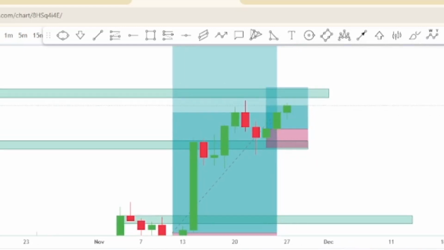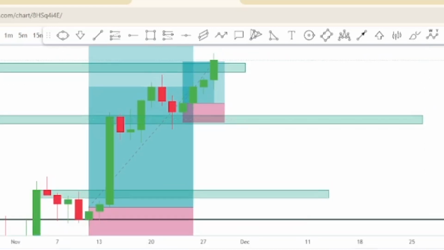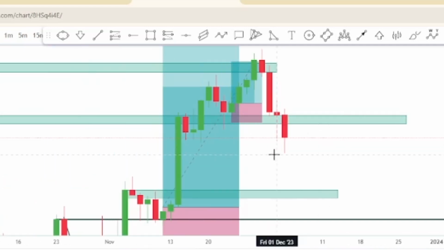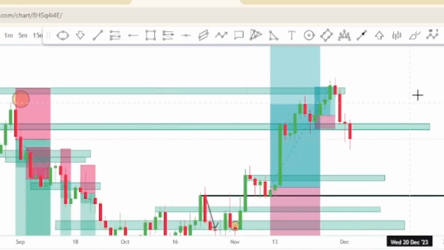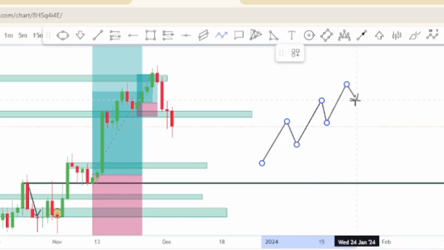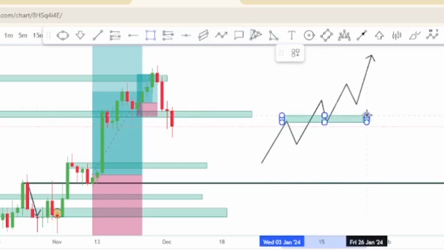Okay, now we got a target from there, and this area we have to keep in our mind. Maybe we can come back there. So now we are coming back to our areas which are imbalanced. Why are we talking about imbalance areas? Because when the market is moving, for example we are in an uptrend now, we need the market to be making higher highs and higher lows. So I need the retracement from the previous resistance to turn into support. Okay, I will be looking for entry from this area